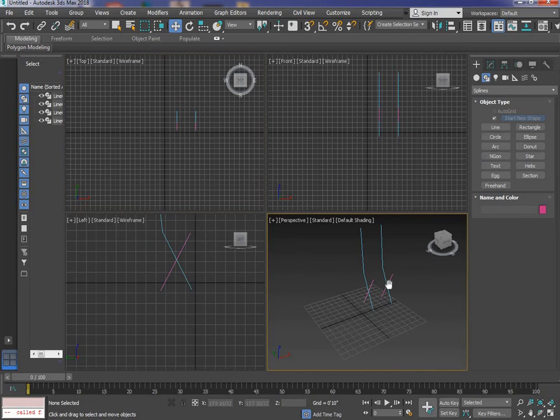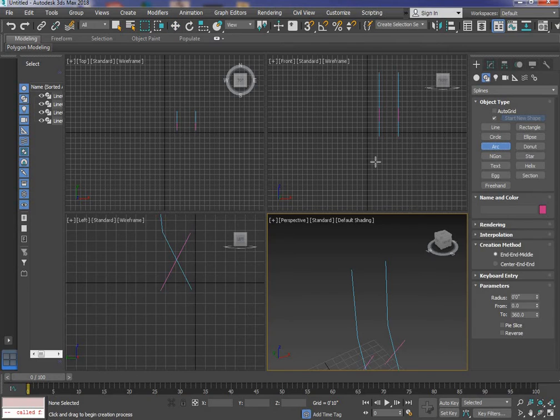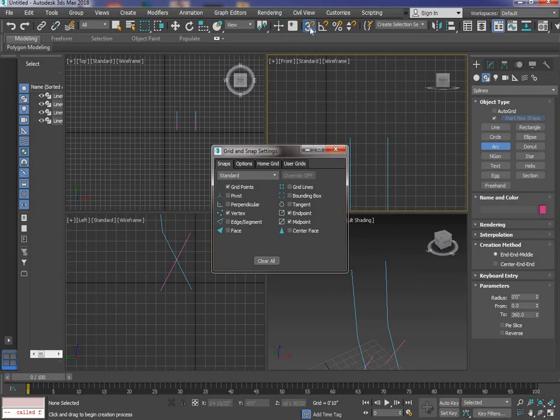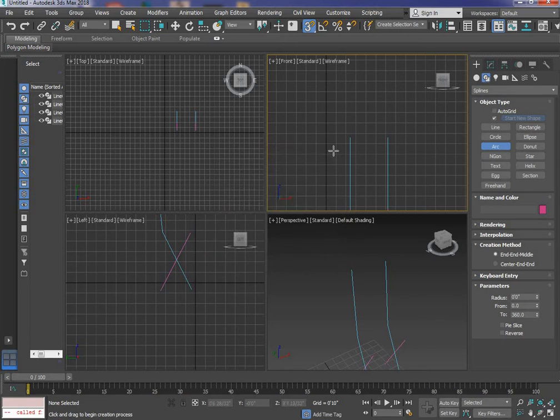Then now we have to connect this portion using arc. Select arc in the front view. To connect it easily, turn on the snap option, and for modifying snap, right click on it, on the vertex, endpoints, midpoints. The grid point should be off, because otherwise it will take the grid points on the screen. Then close this.